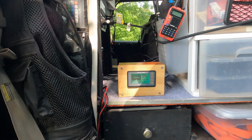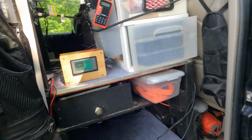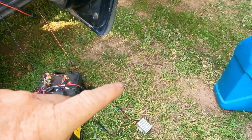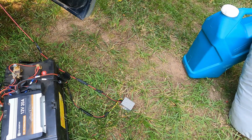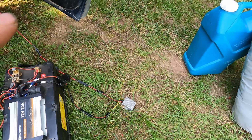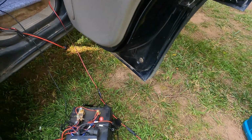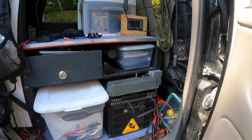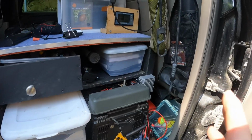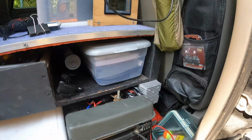It's going. So it's a matter of driving with it. And my biggest worry is how warm does that thing get. So let's set this up and put that in a place that it'll get air, and let's put it all back. All right, as I was editing the video, I realized I didn't show you the finished product on this,